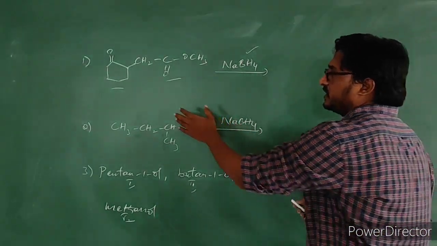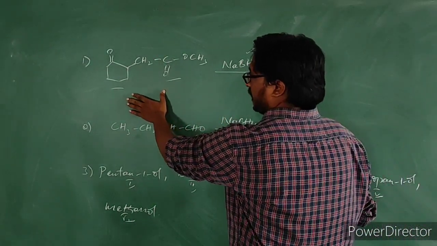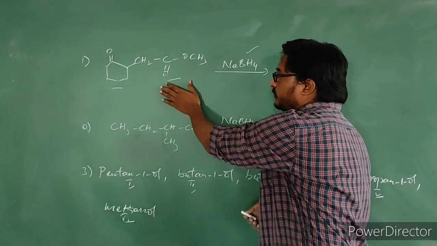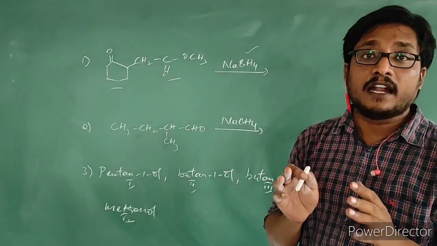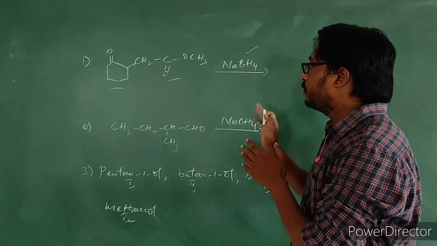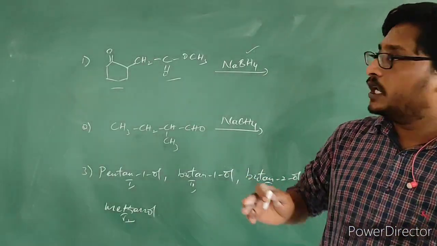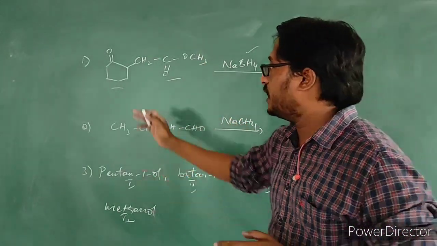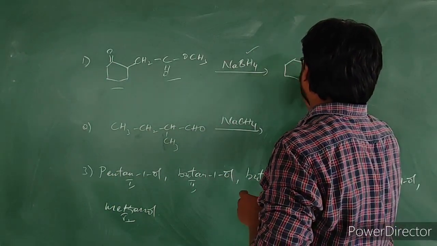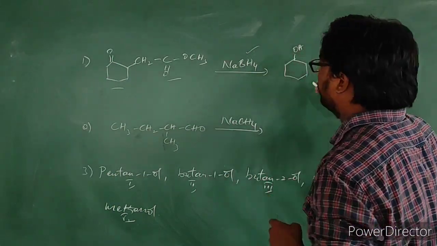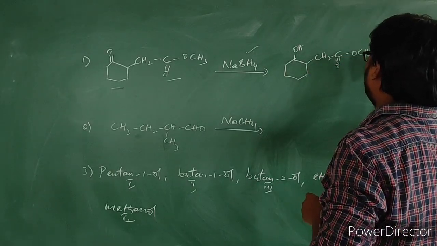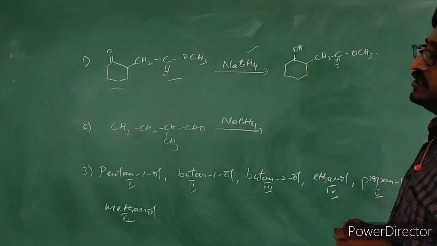So when we are treating this compound which contains a ketone functional group as well as an ester functional group, the ester functional group which is present here will not undergo reduction. Sodium borohydride has no capability to reduce esters. It can reduce this ketone. Ketone can get converted into secondary alcohol, we know that. But the ester group which is present in this compound will not undergo any change.